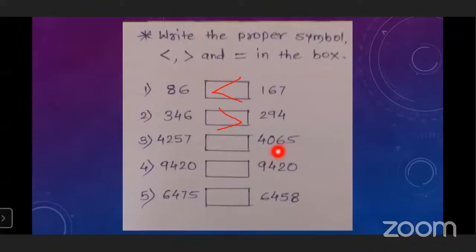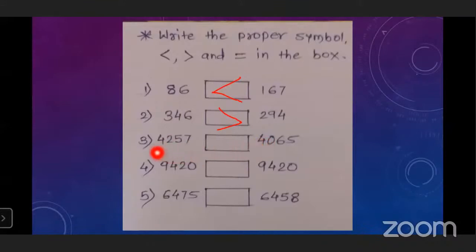Okay, when the digits are equal, that time you have to see the higher place of the number. Here, on the higher place, which digit is here? 4. Okay, the higher place means the thousand place. Means in a 4 digit number, the thousand place is the higher place. You need 10, 100 and 1000. And here, which digit is here? 4. And the other side also 4. Here also 4000 and here also 4000.